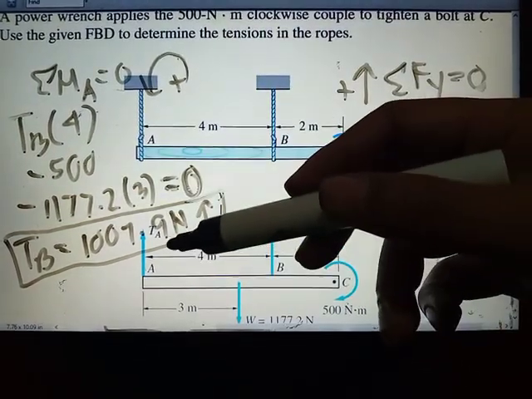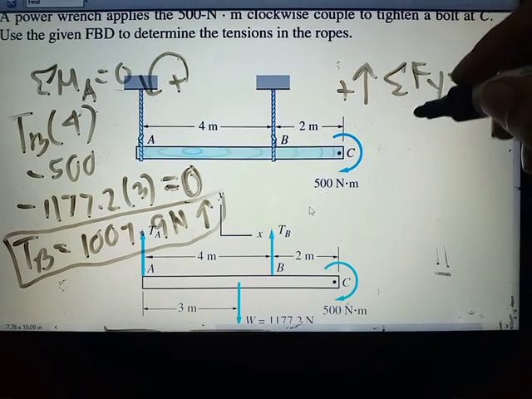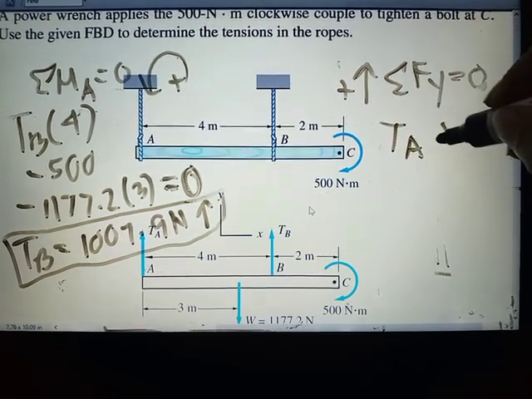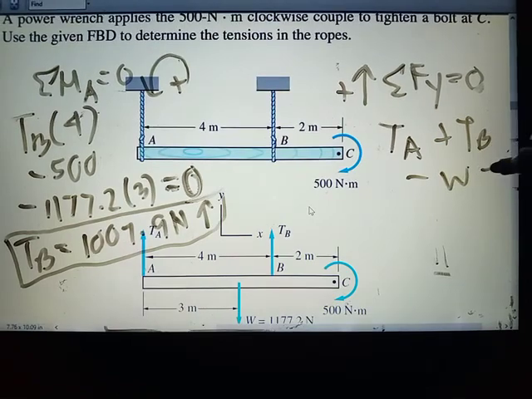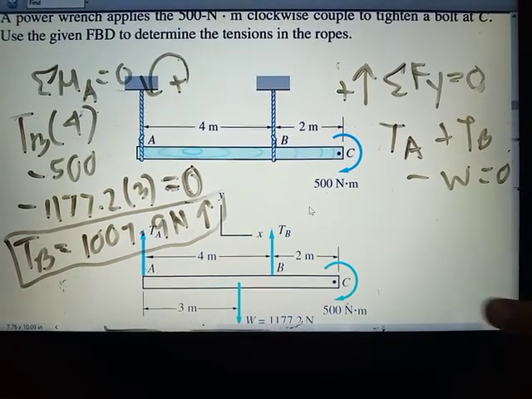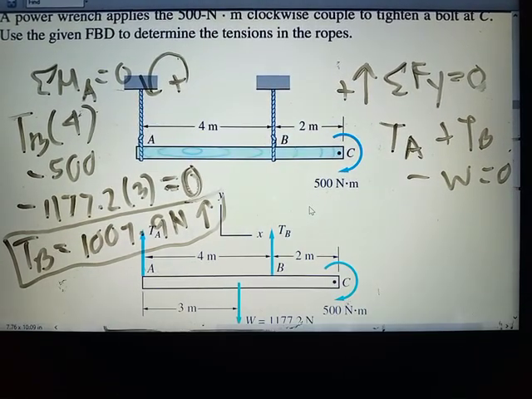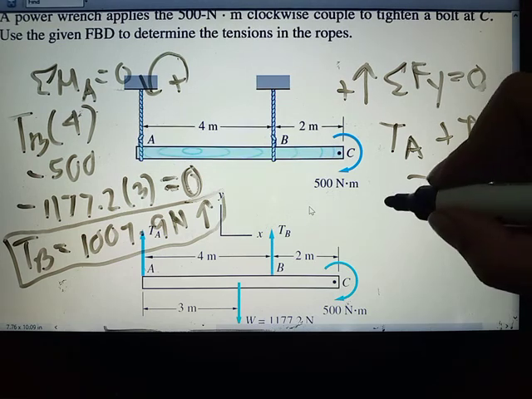Tatlo ito: may TA, may TB, tsaka W. TA plus TB minus W is equal to 0. Okay? So, i-check nyo palagi kung nagso-solve kayo. So, yung TA mo is